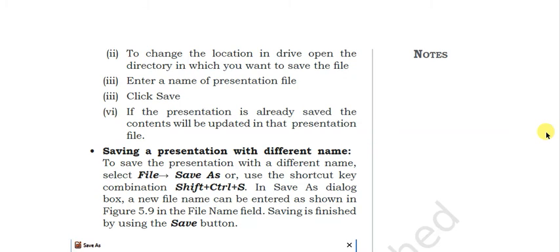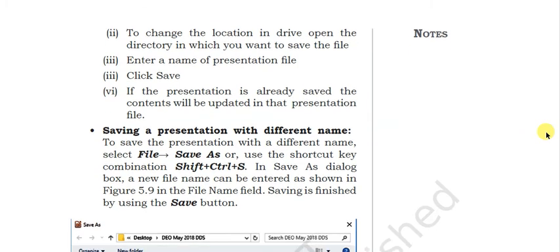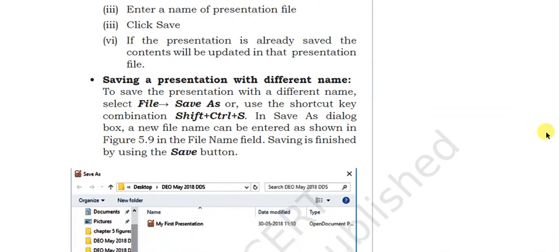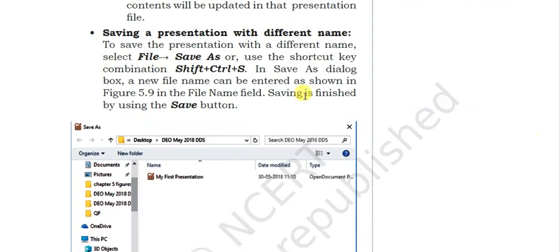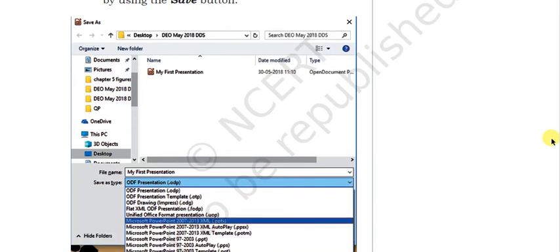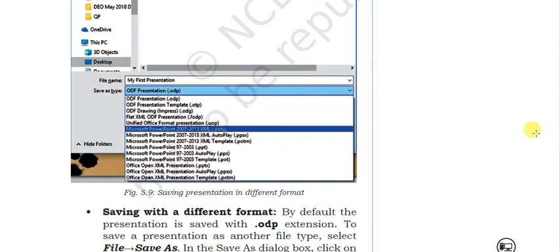Suppose you want to save the presentation with a different name, or in a different format. Then you will go to File and then the Save As menu, and the shortcut key for this is Shift plus Ctrl plus S. Ctrl S is a direct save, and Shift Ctrl S will give you the Save As option. In Save As you can have different formats.